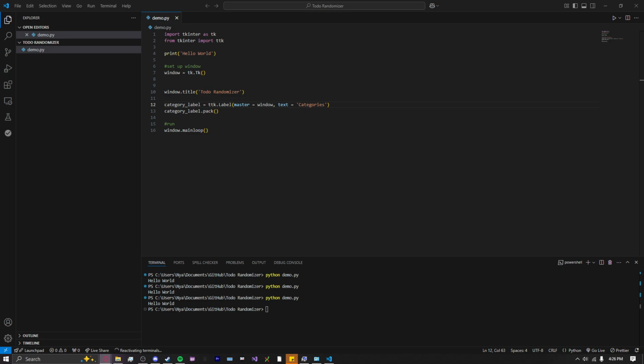First of all, I want to create what is called, let's call it input frame. This is going to be ttk and frame. This, like the label, is going to be the parent or a master, which again is going to be the window, which means I want to set the master to window. Besides that, the frame doesn't need anything else. Now I have a frame that I can put widgets into. And I want to put an entry instead of